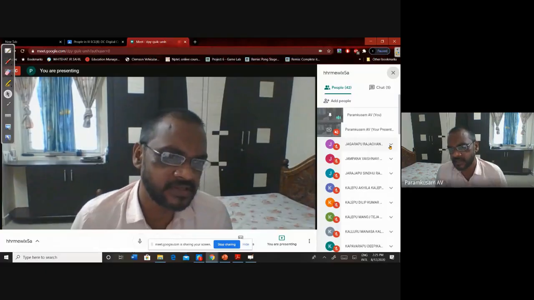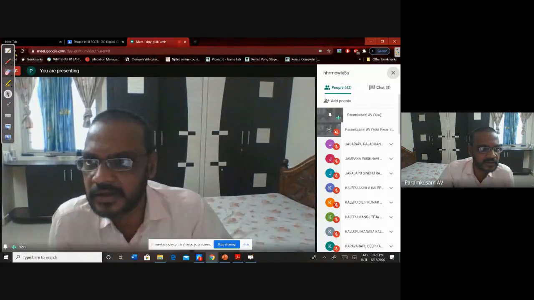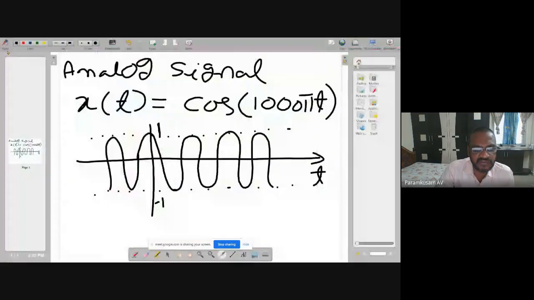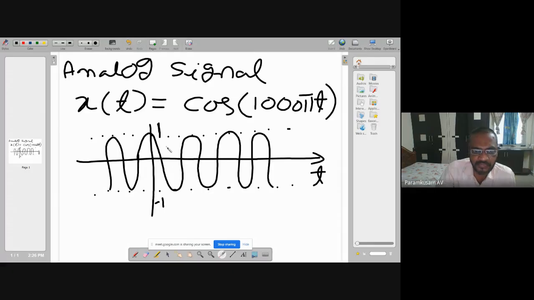So many values are there. So between -1 and +1 so many possible values are there. So at any instant of time the value of x of t has infinity possible values.